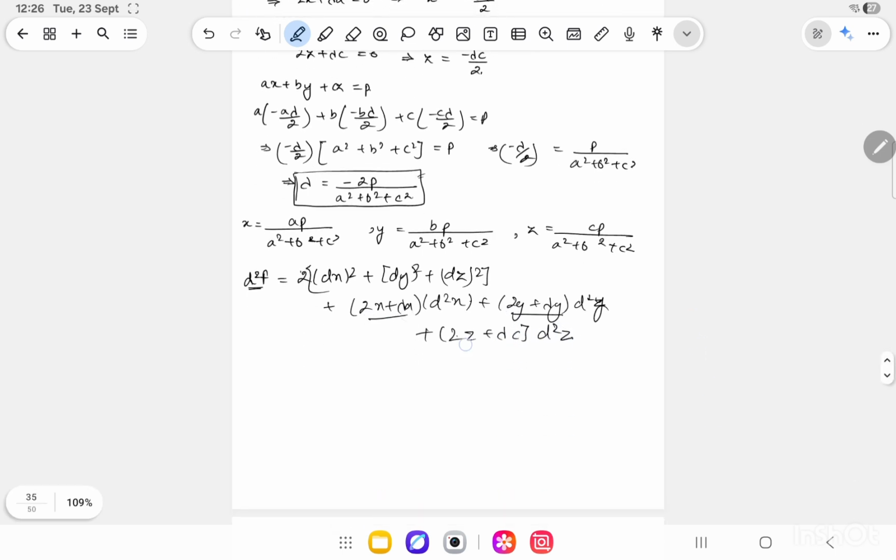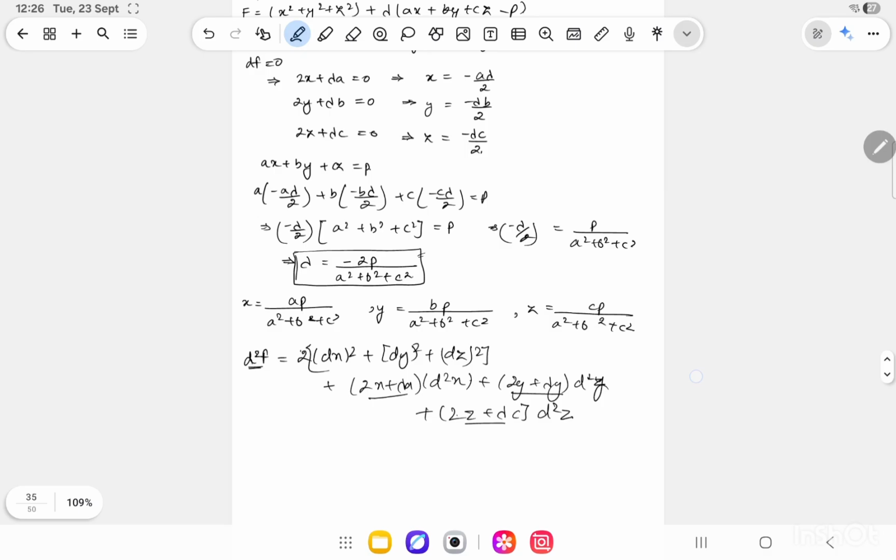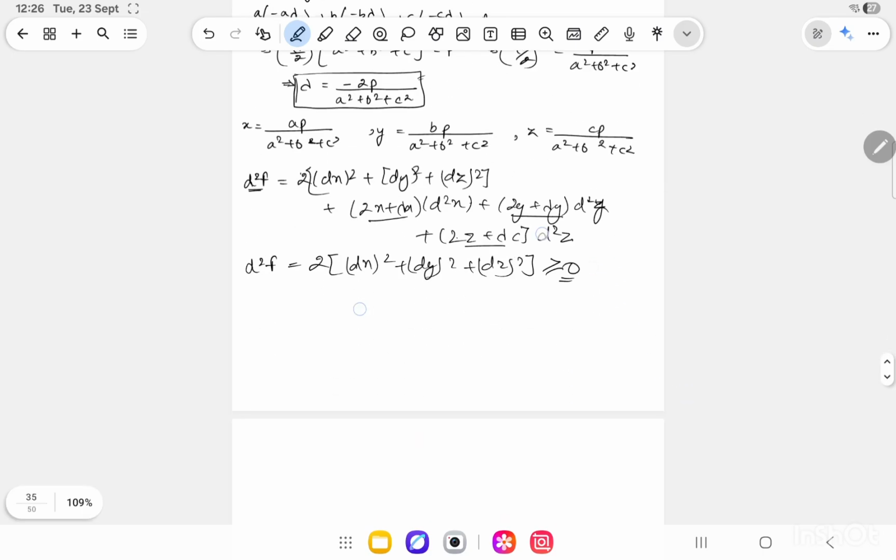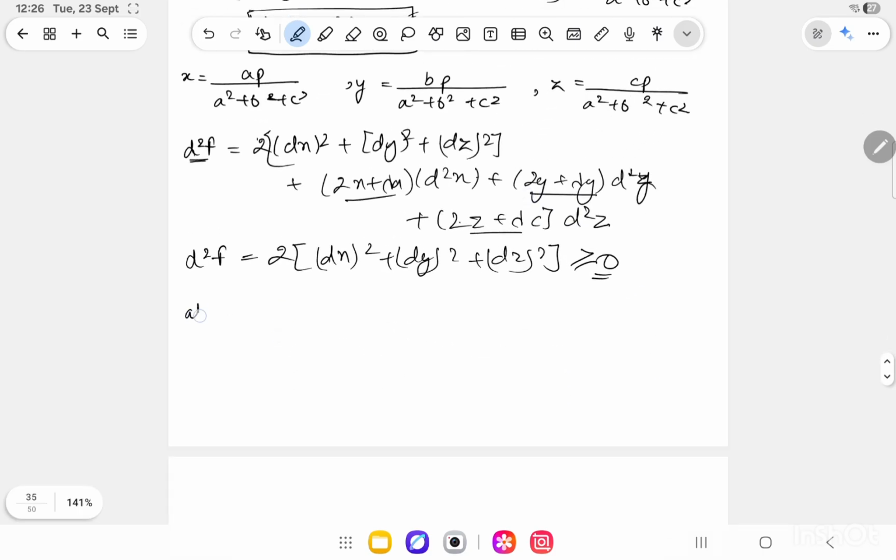These terms are 0 from these three equations, and we are left with d square f equal to 2 times (dx square plus dy square plus dz square), and this will always be greater than or equal to 0. Which shows that at ap by summation a square, bp by summation a square, cp by summation a square, the function attains the minimum value,